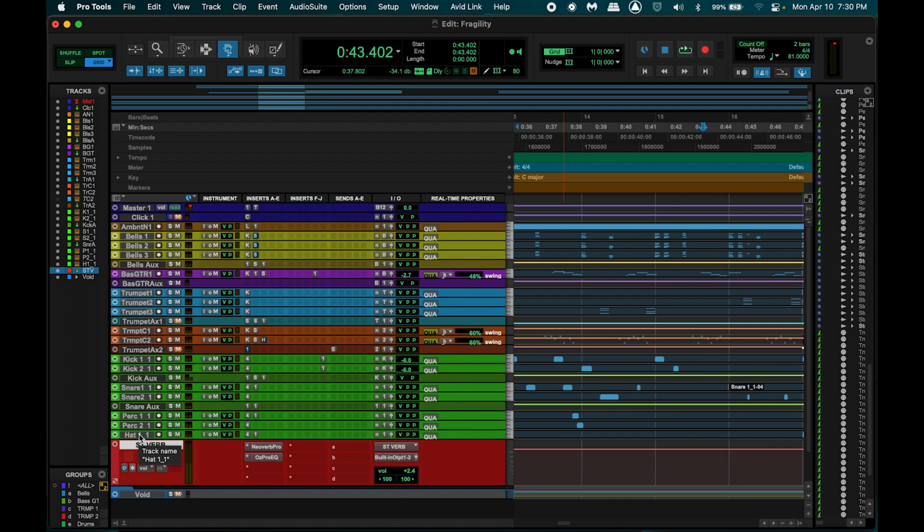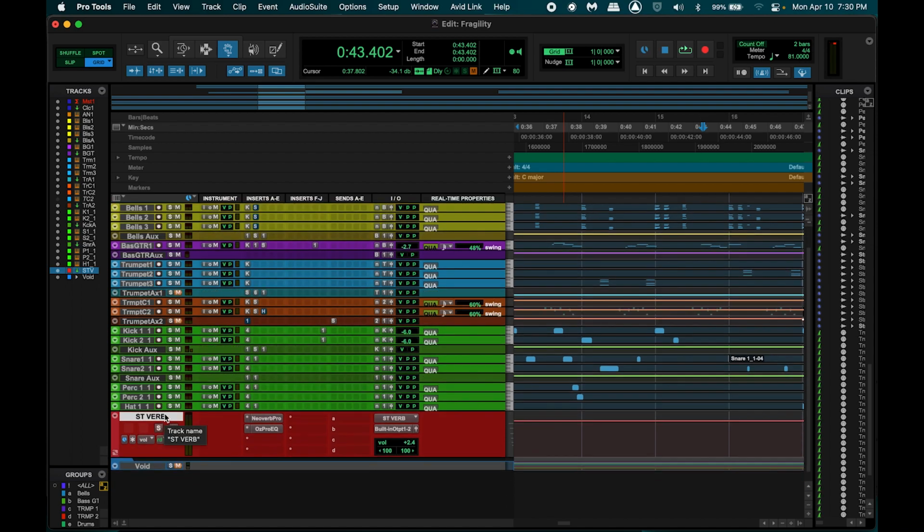And so I EQ'd my reverb just through an aux track. And then I threw it on my trumpet because I thought my trumpet was the thing that really needed that boost in that range. So yeah, that's pretty much how I made this song.